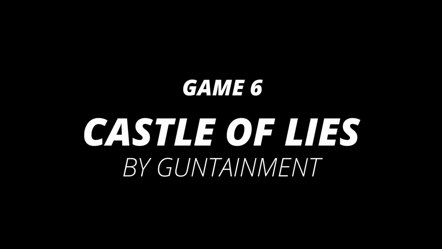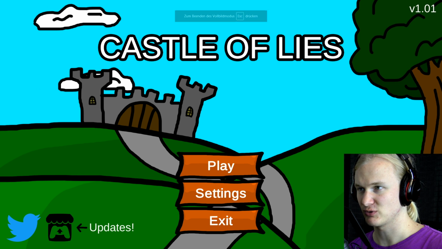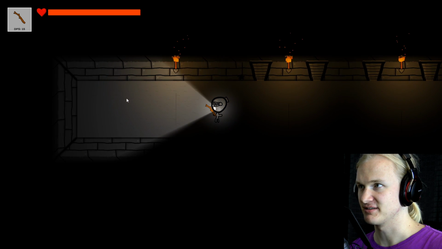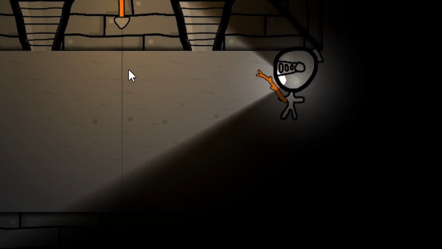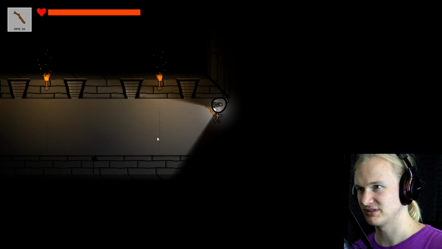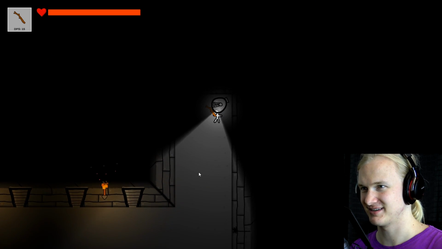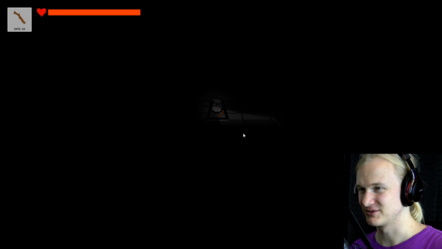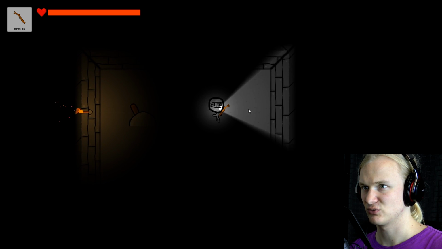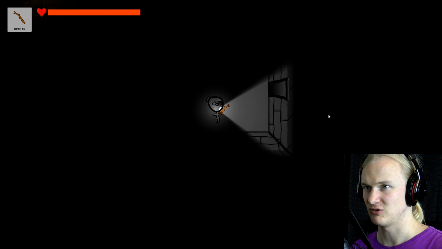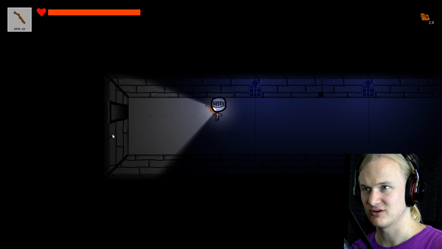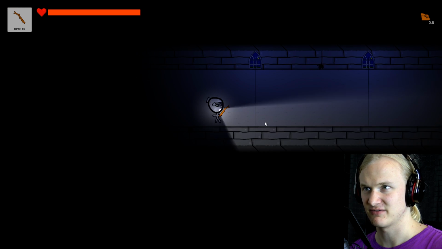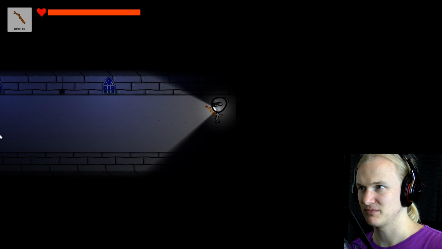Okay, next up we'll play Castle of Lies, which was a game jam game, and we play this cute little knight. There seems to be a little bit of a gap in the ground here from time to time, which is something that happens when you stitch sprites together. Those are just some of the little annoying things, or oftentimes you don't know how to fix them. What did that switch do? It opened that door. I like that the lighting changes up a little bit here, because that makes it easier to orient myself. Makes these look less samey.